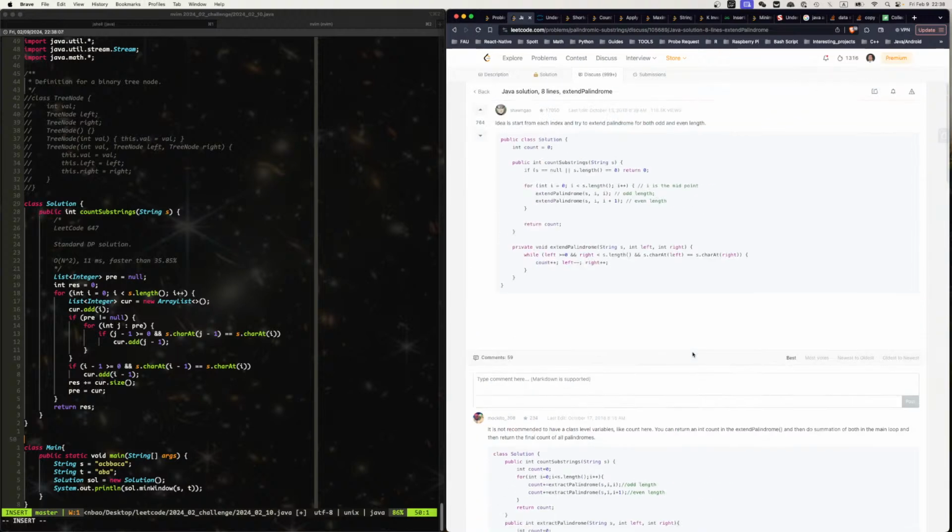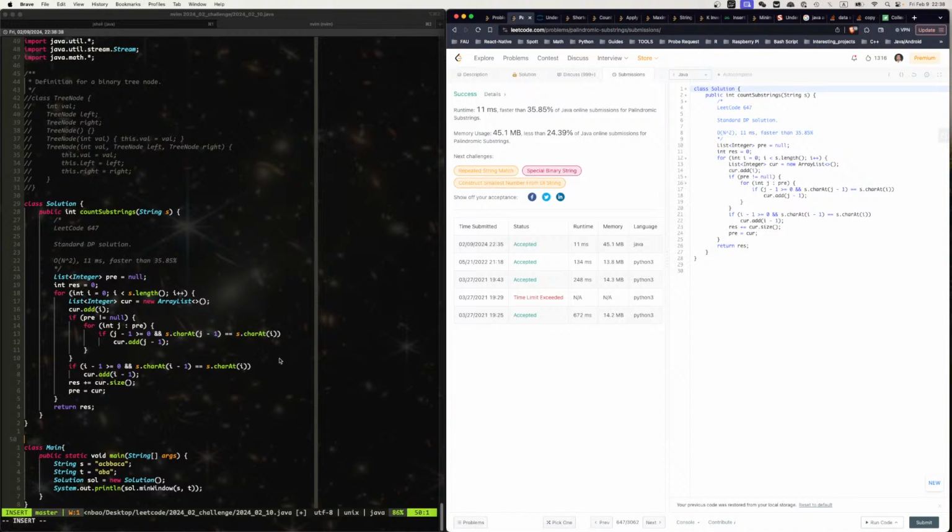Anyway, expand odd length. Oh yeah, every time you expand, you take one. Or even length. Oh yeah, this will work. What, is this faster? Maybe it is faster, because you don't have to set up new stuff. You know what? Let's try this. So this basically is